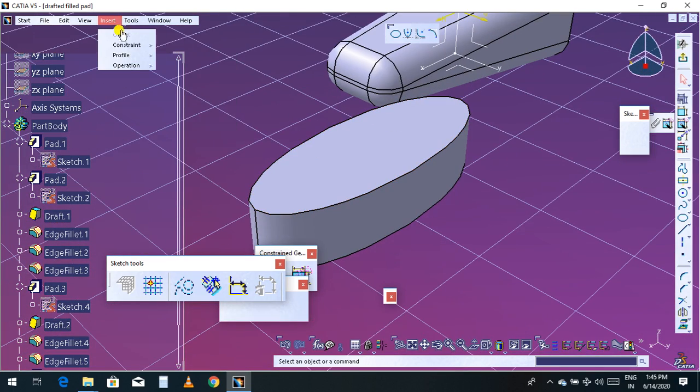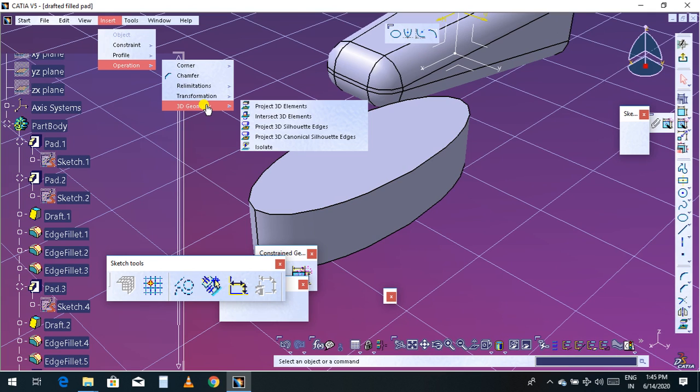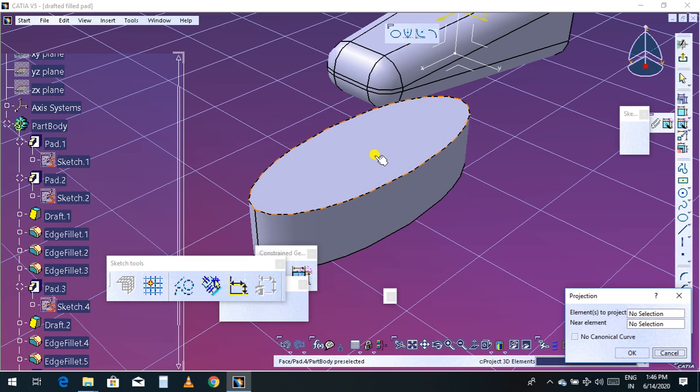Now go to insert, operation, 3D geometry, and you can project it from here, or else you can sketch on the surface. I'll select this face, all edges are selected, click OK.